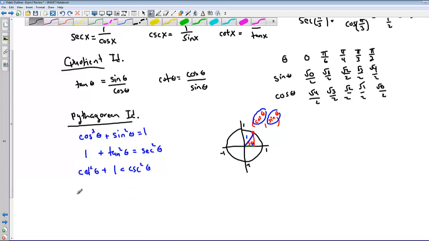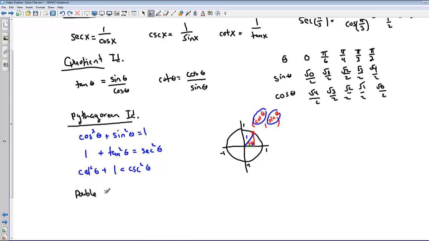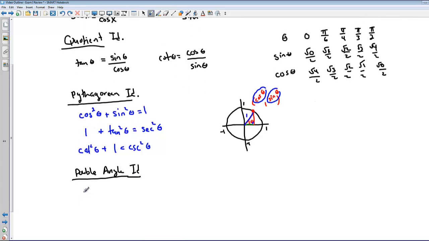So I'm going to skip the double angle identities, but we have these. I'm going to come back to these. So the double angle. Oh, I guess we can do them. We'll do these. So double angle identities. These come up from time to time, and that tells you how to reduce a double angle if you ever need to. So like the sine of 2 theta, that's actually equal to 2 times sine of theta